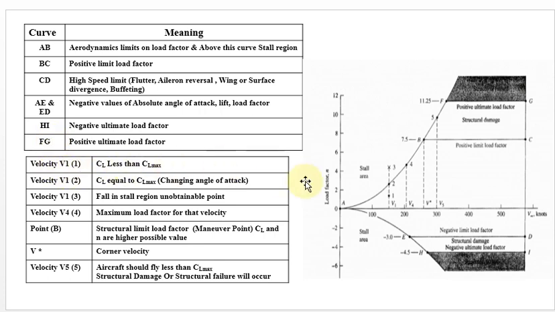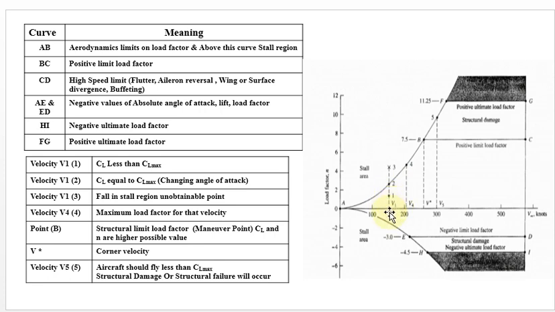Now the outer surface is over, and we are going to the inside of the picture. We are taking the point V1, then another point V4, then V star and V5. So we have nearly 4 velocity points: V1, V4, V star and V5. We are going to explain the meaning of each and every velocity point. First consider V1. Here we are getting 3 points: 1, 2, 3.